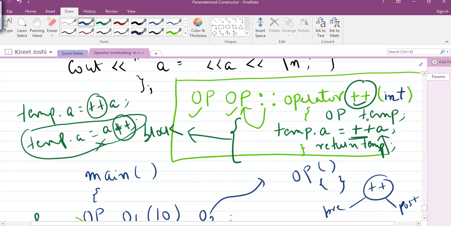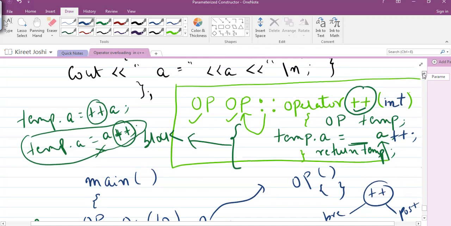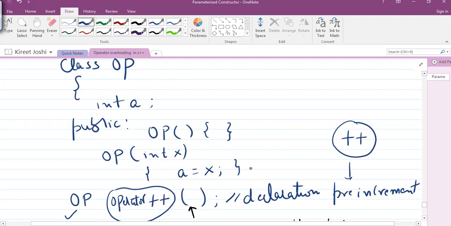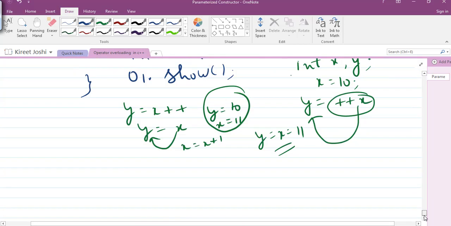You also have to make some changes: instead of ++a, you write a++, and that's it, and the concept will be fine. When you are declaring it, you also have to write int there. This is only a dummy parameter.